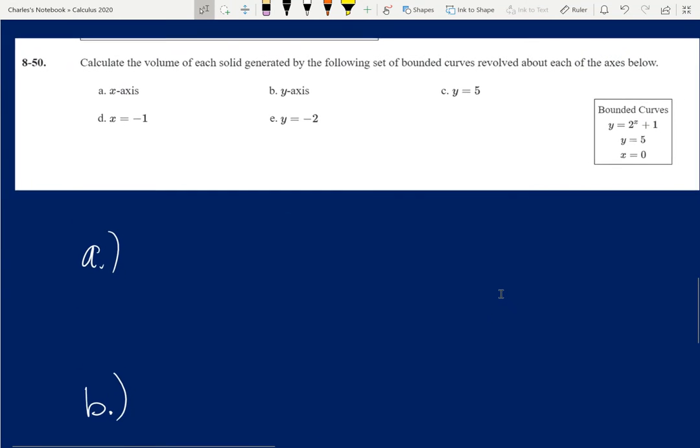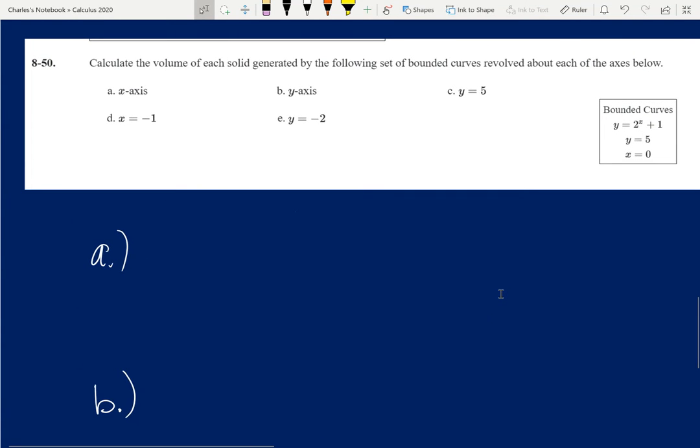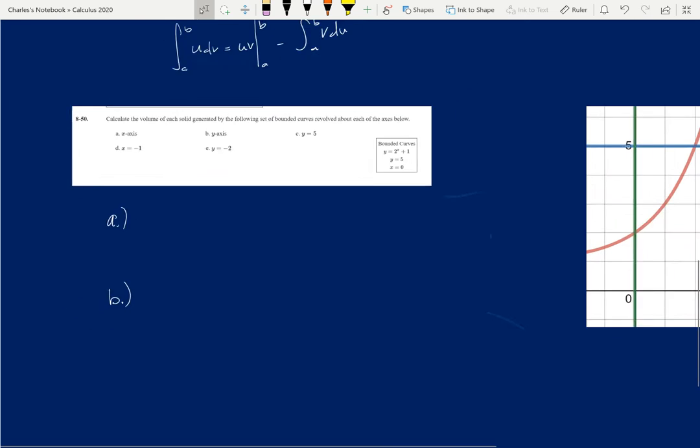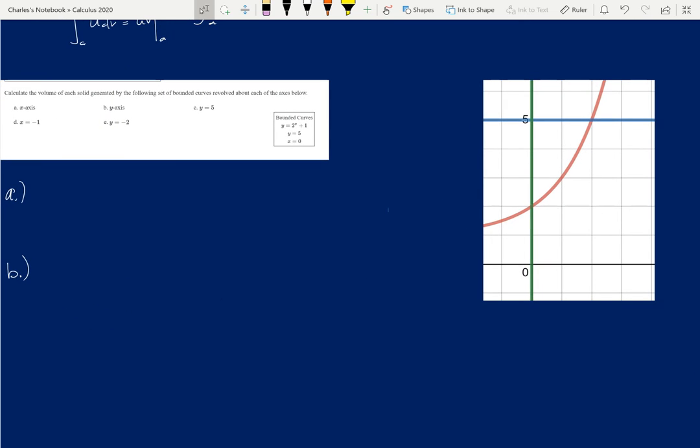Okay, I wanted to go over one problem, which was number 50 from chapter 8. It covers basically all the different things that you need to know at this point about finding the solids when you're revolving a shape around different axes or different lines. It was one that Uzi, or Lil Uzi Vert, as I like to call him, brought to my attention. It's a good problem. And I think if you can get through all these, then you have the basics that you need for